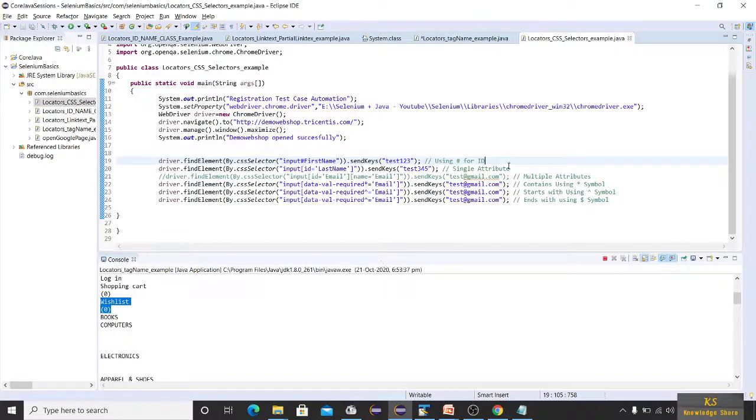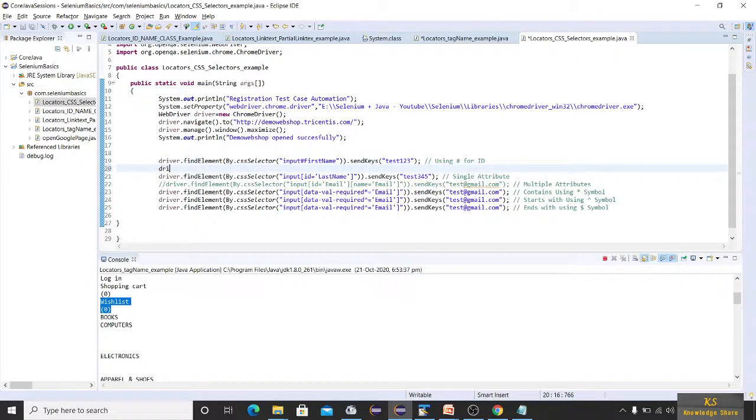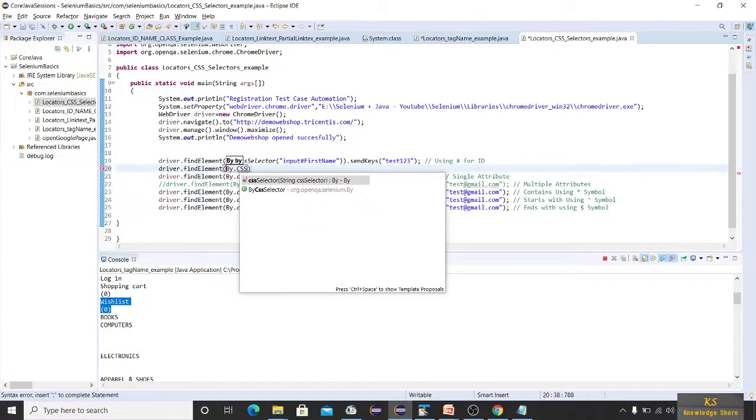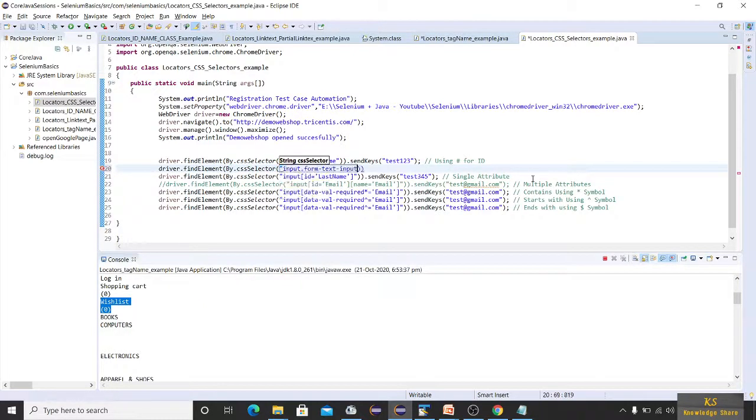So let us write here driver.findElement(By.cssSelector("input...")).sendKeys("sample email@gmail.com"). This is using dot for class.